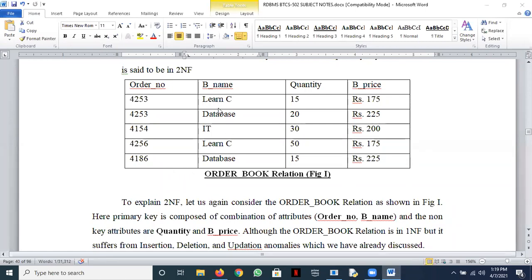Sakshi, stay with me. Suppose I want to add information about a new book and its price. Can I do it, Sakshi? In this relation, I want to add a new book and its price. Can I do it? I don't have the order number, I don't have the quantity. Can I add this information?